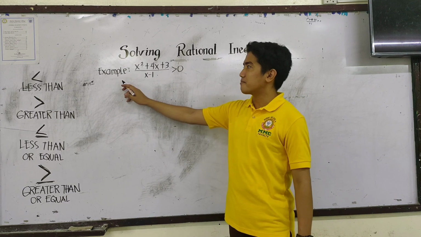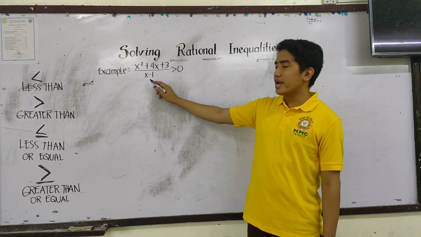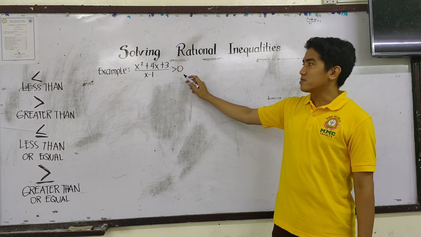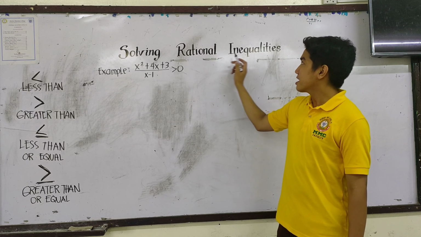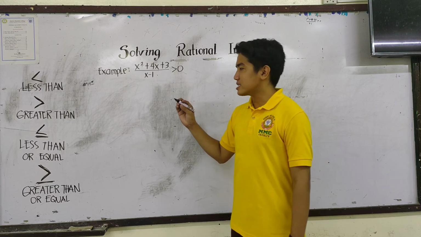So I have here an example: x squared plus 4x plus 3 all over x minus 1 is greater than or equal to 0. So I use here greater than, so it means it is an inequality. Okay? Next, for our first step,